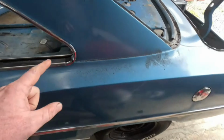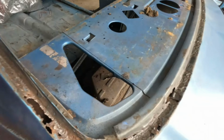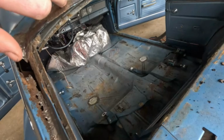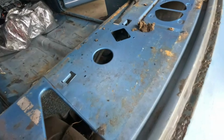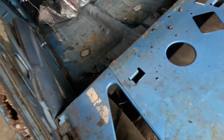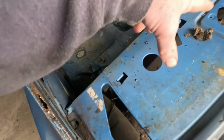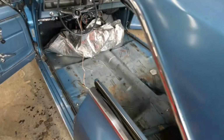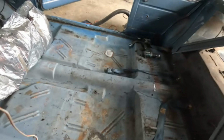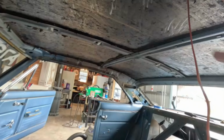And we're going to really try to tape off and focus on getting all the rust out of here. Make sure none of it's going to come back. We're going to get in under here, make sure that's all cleaned up. And then this also gives us the ability to really get inside the pillars, get inside little nooks and crannies to make sure we can get all the rust out of the car. And then we can also retouch some of the floor stuff. And also when I was working on the roof and everything, we can get all that cleaned up and